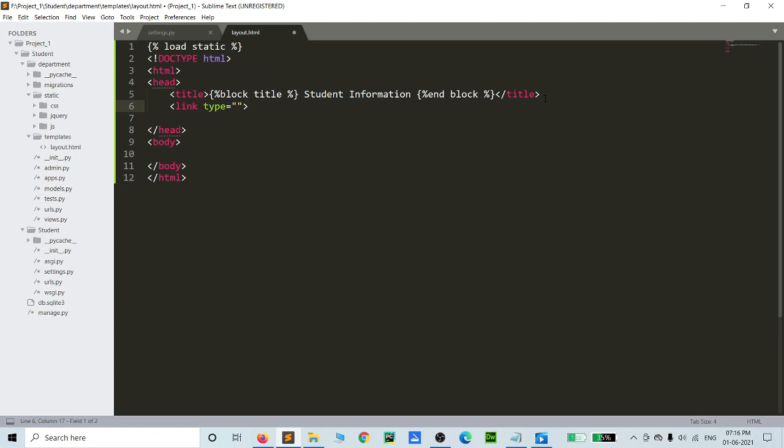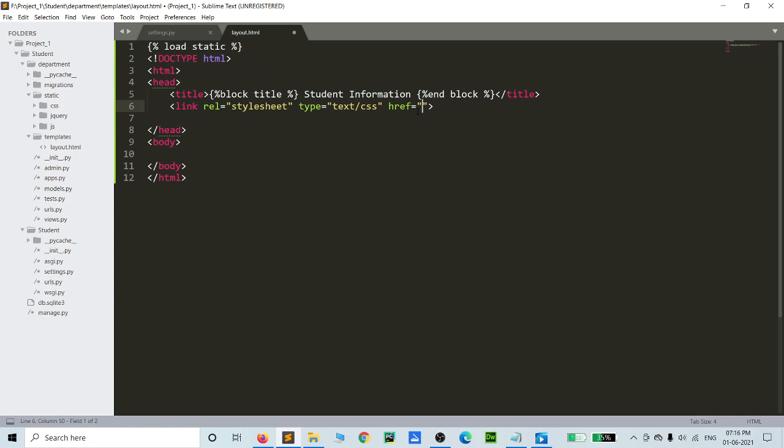Next line, I can include my link file. Type link, just li and hit enter, and it automatically opens.